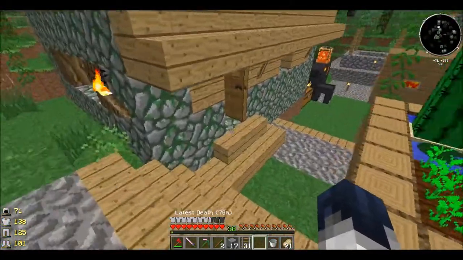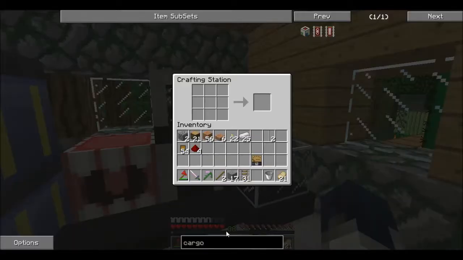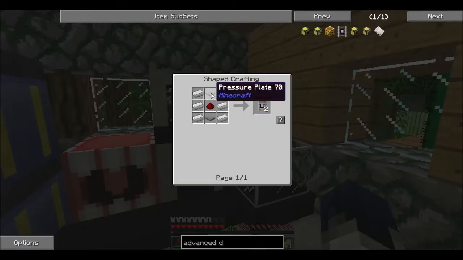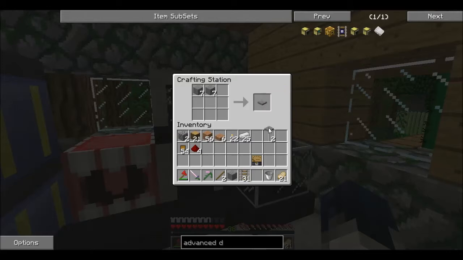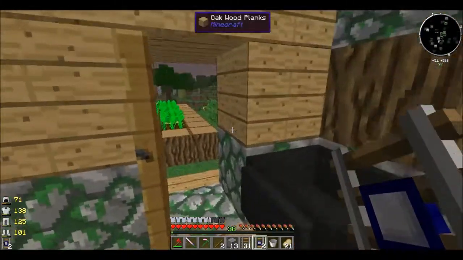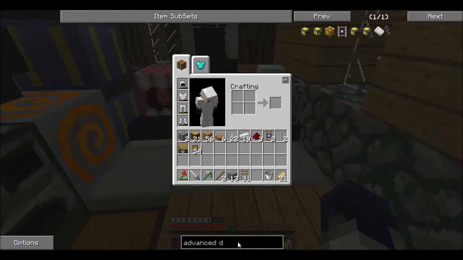cart assembles. So the next thing I need is the advanced detector rail. And for that we are going to need some pressure plates, which is just this, and there we go. We got 2 pieces of that. Okay, that's cool. The next thing I need, let's see, I need my